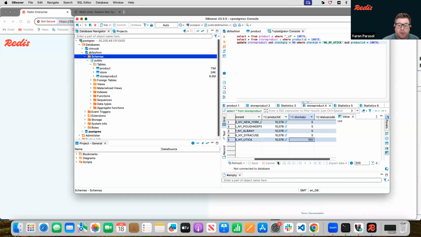So let's start actually with the relational database. I have a Postgres server here with DB fashion. That's the name of the database for the application. And you see 3 tables like I showed in the slide: product, store, and store product that has the stock